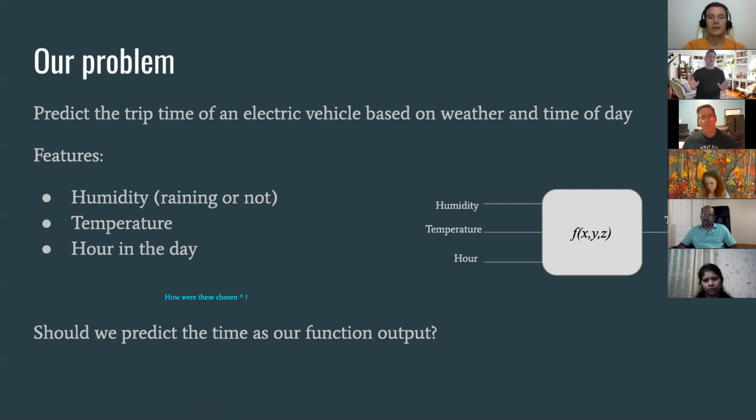Spoiler alert, guys, feature engineering is just a lot of trial and error. There are certain tools you can use like PCA, principal component analysis, and k-means clustering to try to cluster and find things, but when it comes right down to it, you're still just trial and erroring to find your best features.